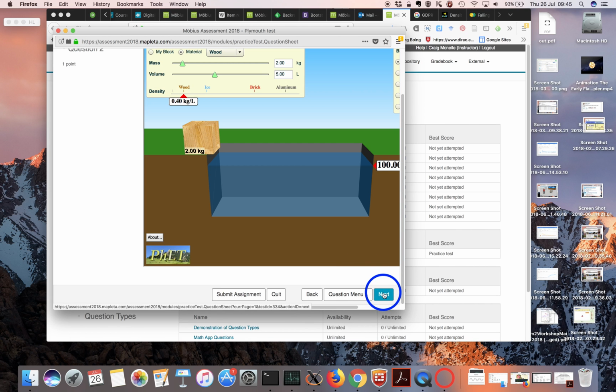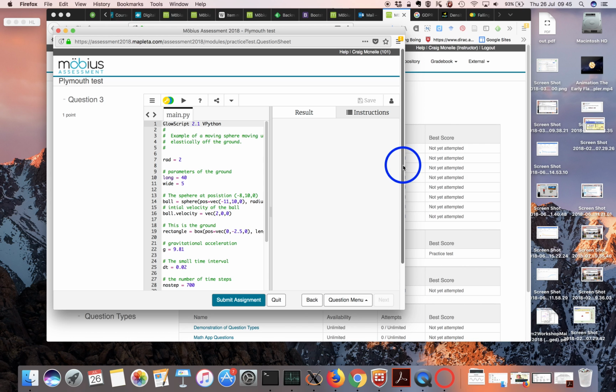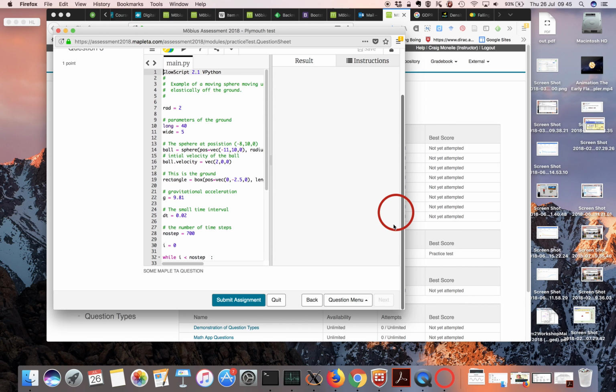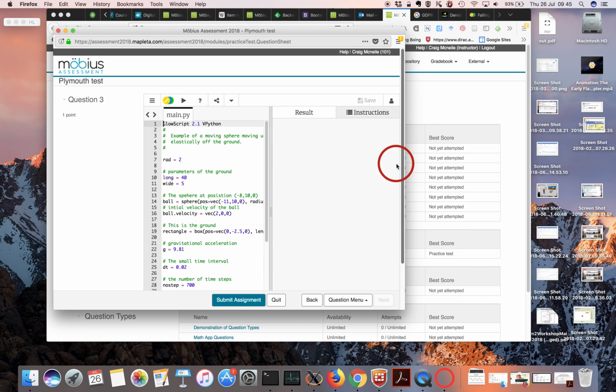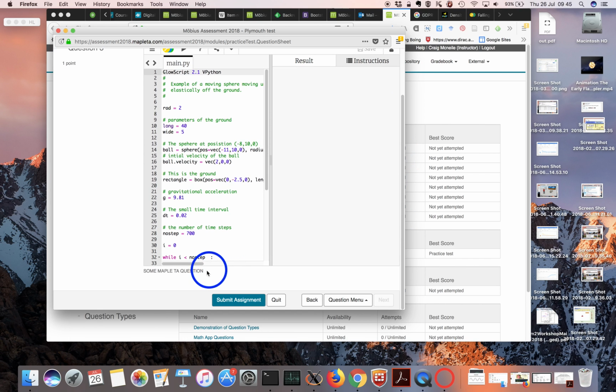lab sheets. And since we're on that question, you can also embed Trinket. This is what we use for the Python. Trinket.io is a Python-based system. It's a sort of subset of Python, and I've imported it into MapleTA. So this is one of the questions. I don't think it would talk to MapleTA, and then down here there'll be some questions. Here's my Python source embedded in